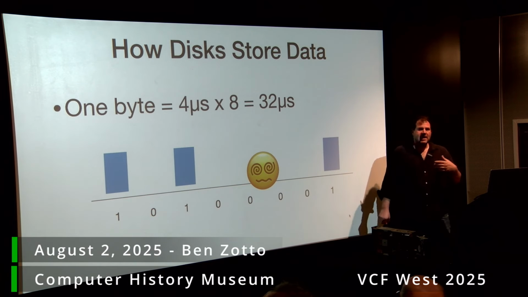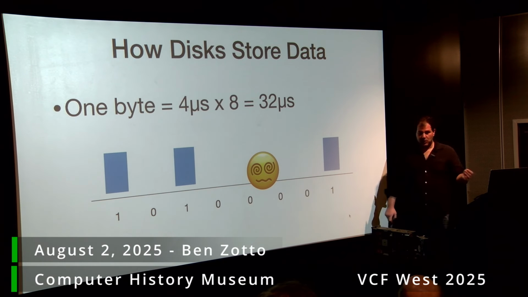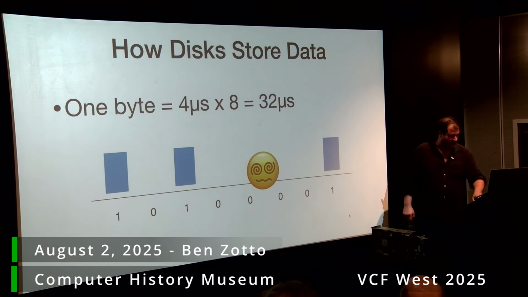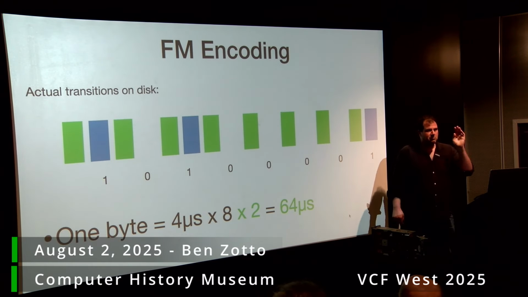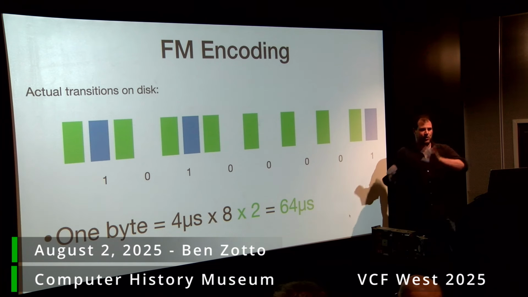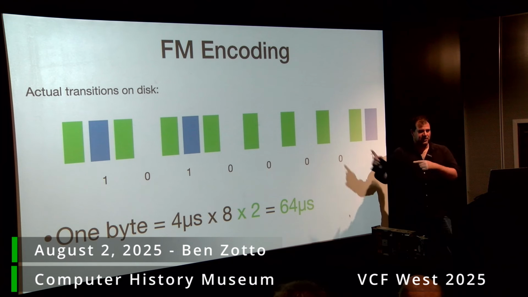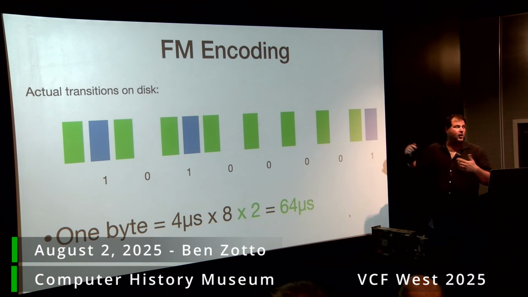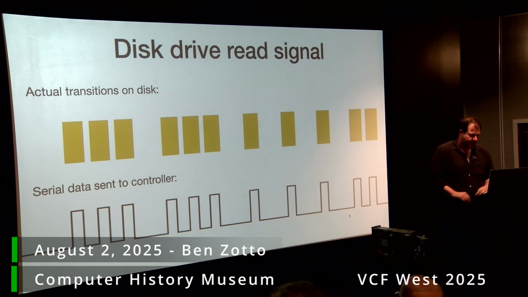And there's an encoding that solves this problem. There are many encodings that solve this problem. They're very clever ones, but the simple one that was used on these very early systems is called FM encoding. All that does is insert what's called a clock transition in between every data transition or not transition. What that means is there's never more than one not transition in a row. The other consequence, of course, is that it doubles the amount of time it takes to store a single byte. So here it's 64 microseconds. Those are the transitions that turn into the disk.